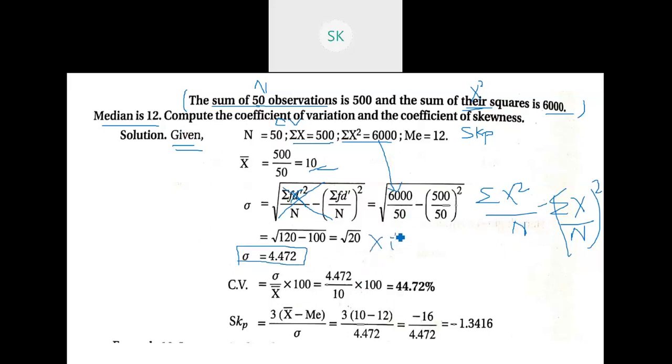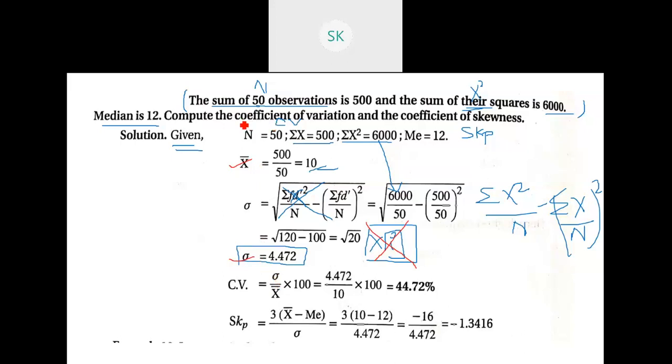We have not multiplied by i anywhere, because we do not know the value of i, first thing. And this is a statement question. There are no numbers given, so we cannot find the value of i. So let's not consider that at all. Don't get confused between normal questions and statement questions. i is not considered here. So we found the arithmetic mean, and we found the standard deviation.